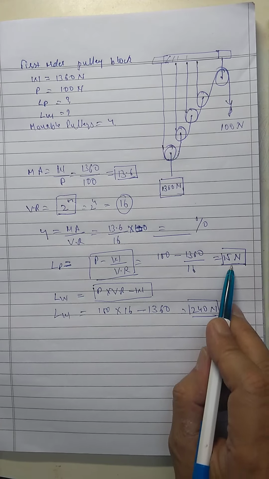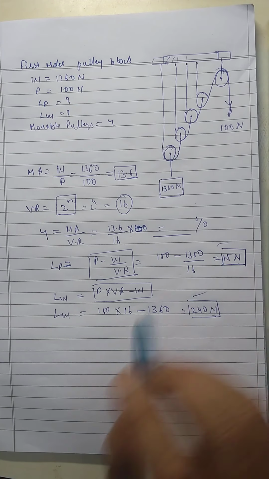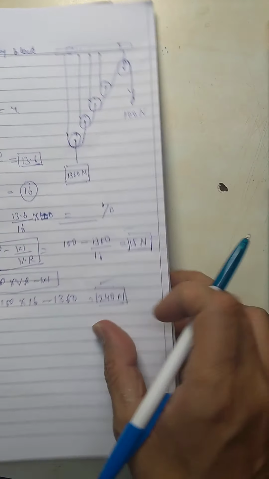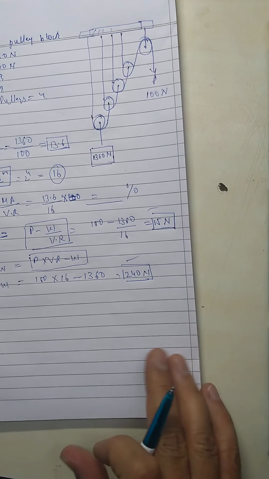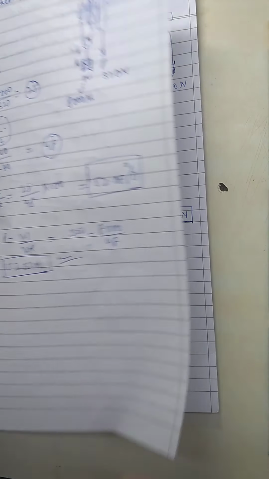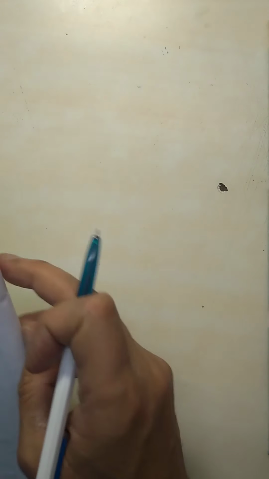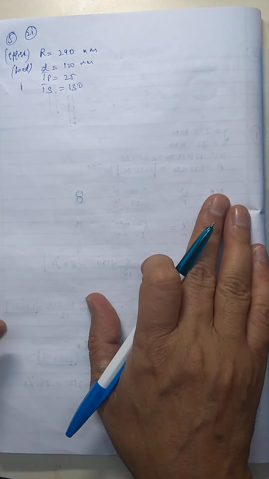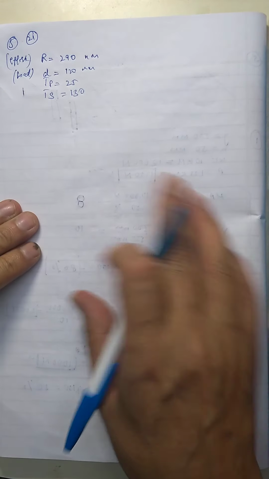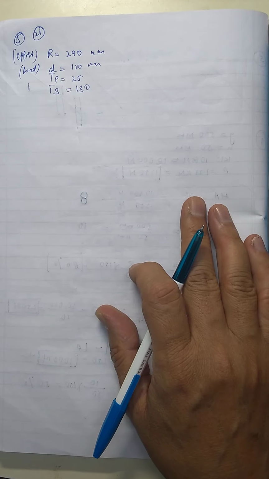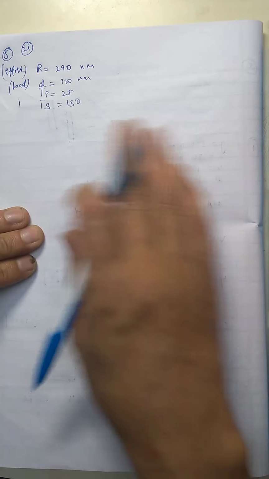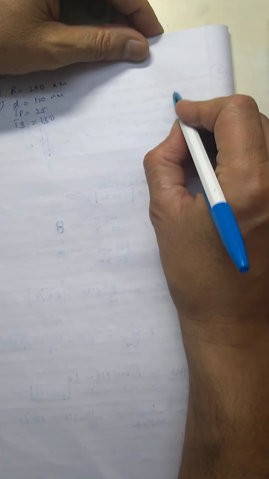This is for LP and this is for LW. Okay. Now after that, coming to the last numerical I will be doing, and the rest of the numericals you can even try at home. Now this is the single purchase crab winch, but in a single purchase crab winch, a rough